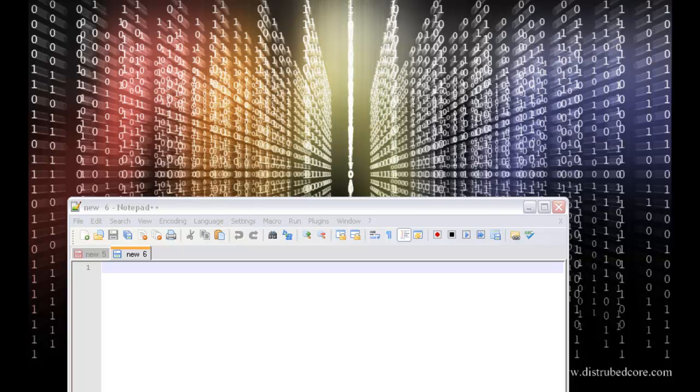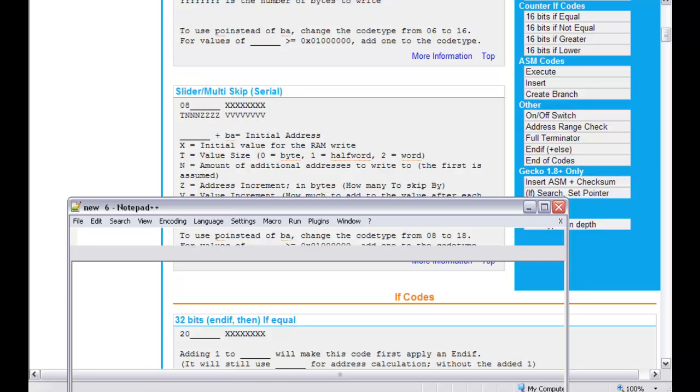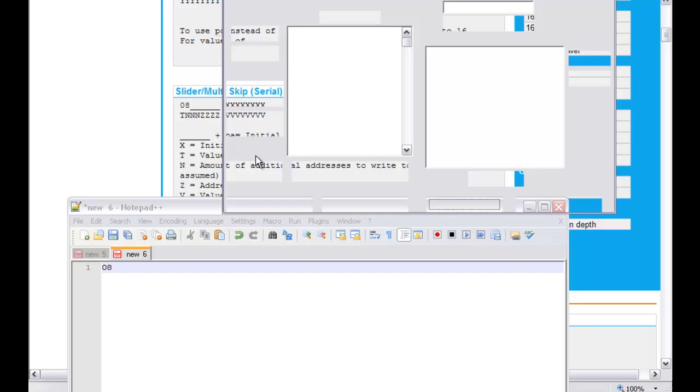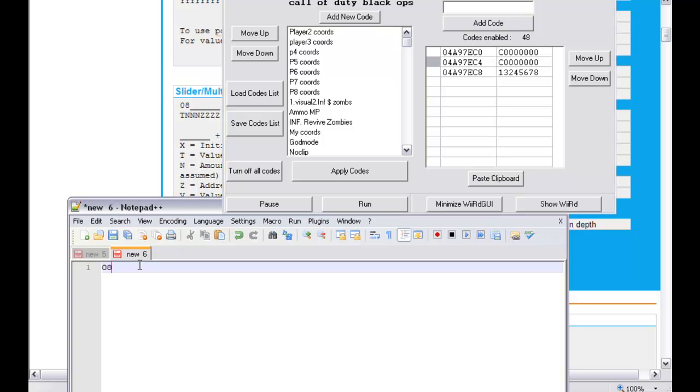The code that we're going to be making is going to make it so the coordinates for the other players in your lobby are stuck on their x-axis or y-axis or whichever. So we're going to start our code type 08, and we're going to go to my wonderful GUI. Going to go to player 2 coordinates, and let's take the first one. So we're just going to put 08 A97ECO,